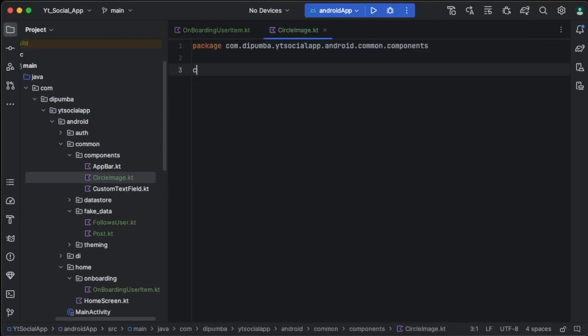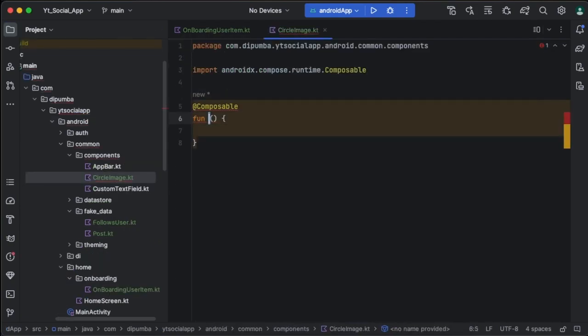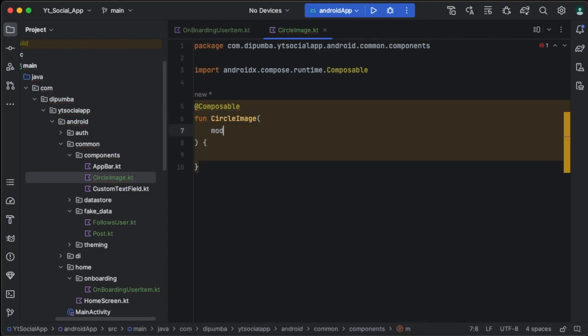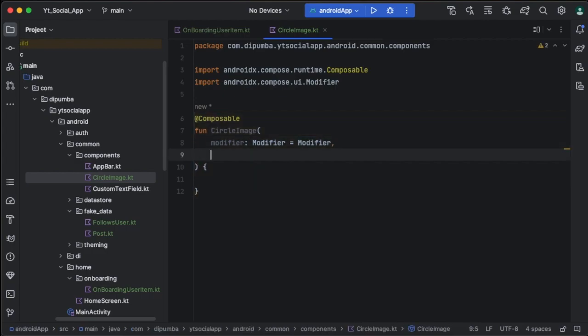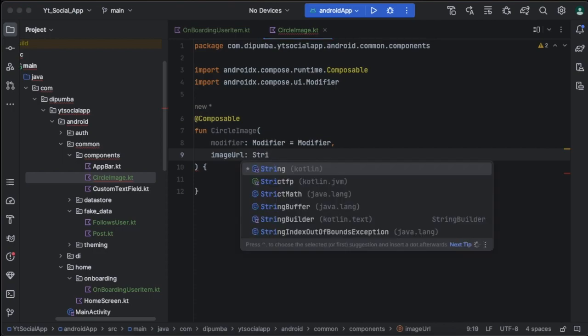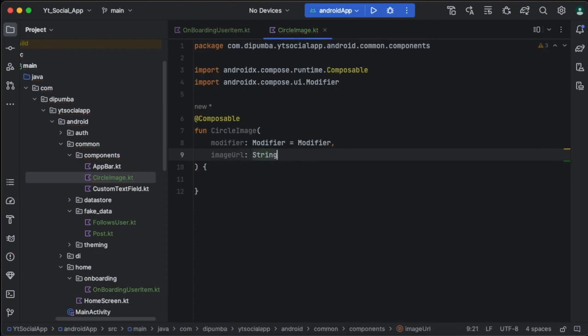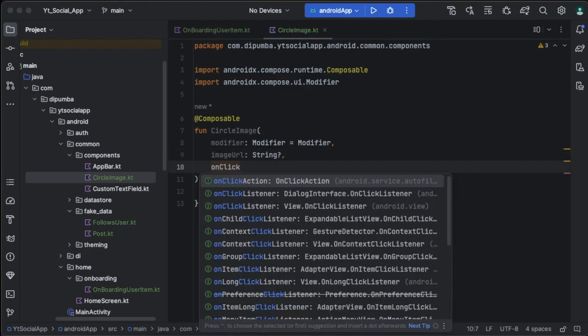You can select file. This is a composable, of course, of the same name, circle image. We need a modifier. Alright, so we'll need an image URL to be loaded. Okay, that's nullable,